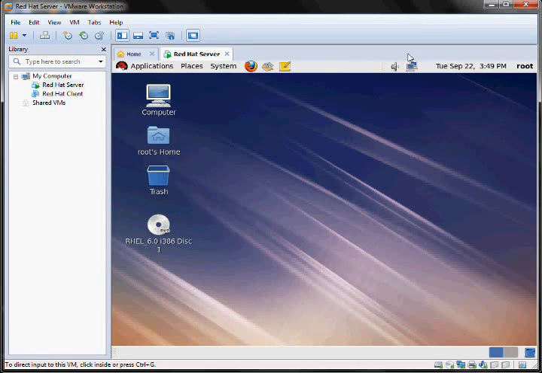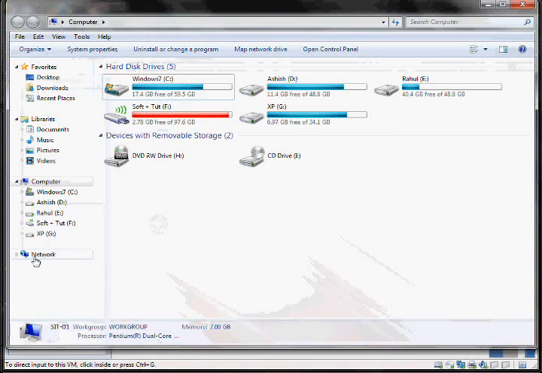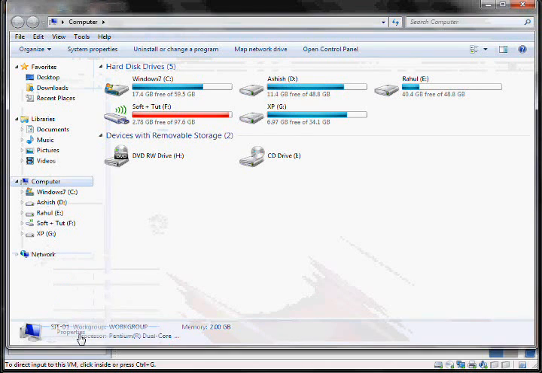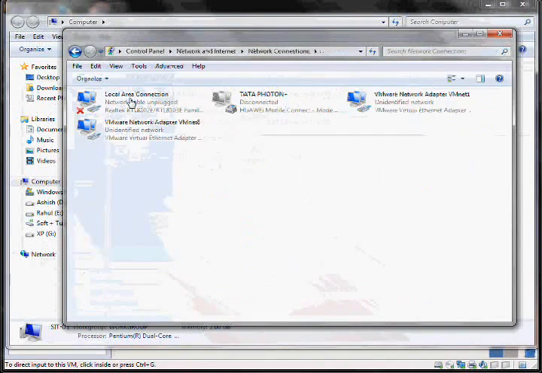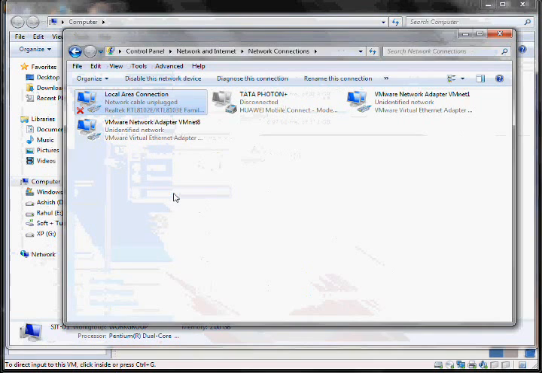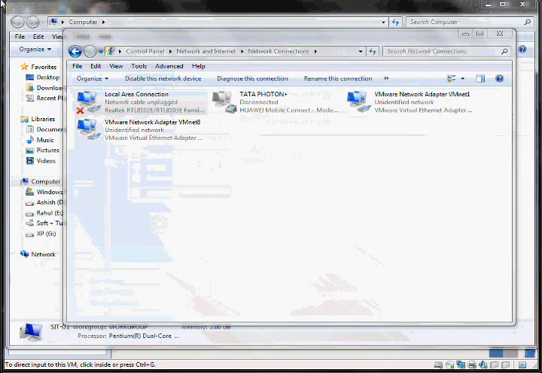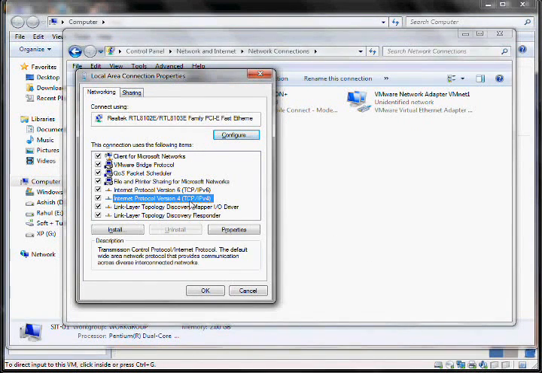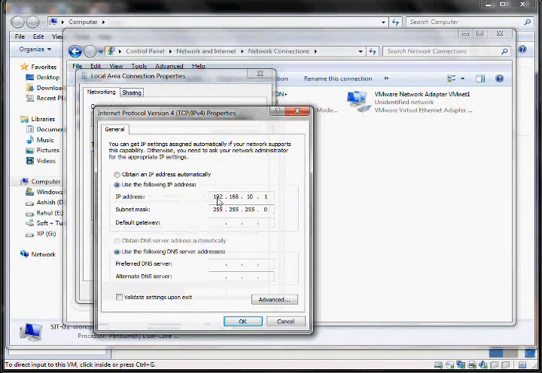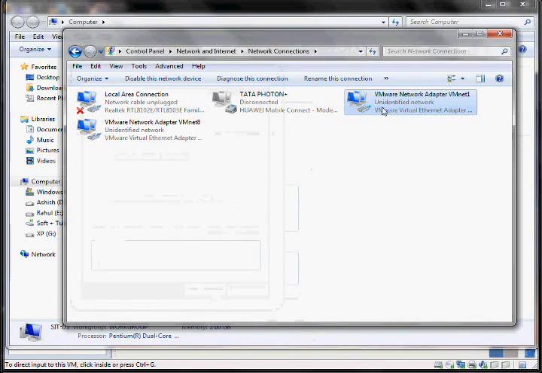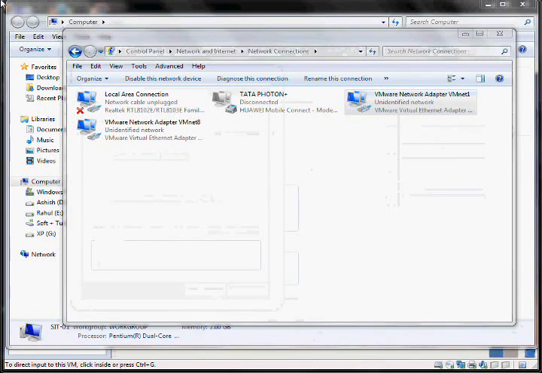operating system. So go to My Computer, right click on the network icon, go to Properties, go to Change adapter settings, right click on the Local Area Connection Ethernet card, Properties, go to IPv4 properties and copy down the IP address. Go to the VMnet1 adapter, Properties,